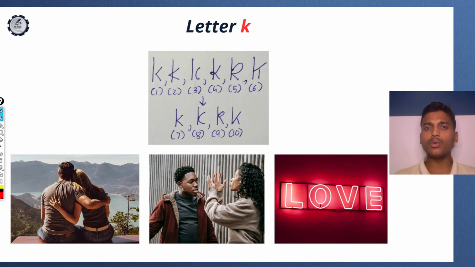Letter K can help you know if the writer can maintain a long-term relationship or not. Or is the writer someone who expresses their romantic feelings in a better way or not? There are some writers who don't show emotions when they express their romantic feelings. They are also not that witty, etc. While there are some writers who are very witty. You can get to know about that through letter K. You can also get to know if the writer expresses their romantic feelings in a quick manner or takes some time to express it. Okay, so let's get started with letter K.